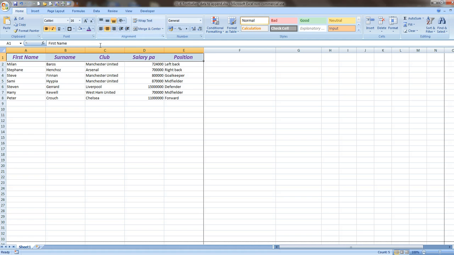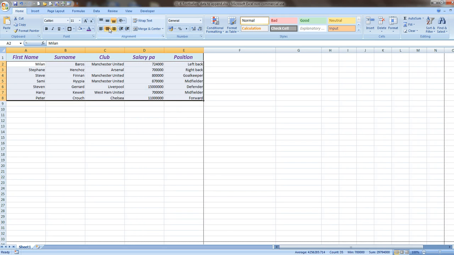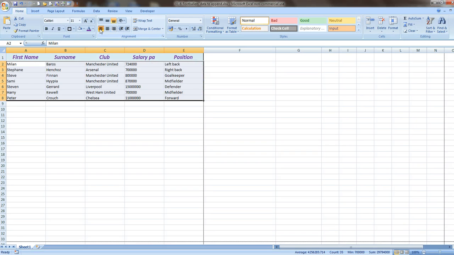Okay, the next one, alignment. If I highlight my data, left, middle, or right align, that just changes the layout of where the information is in the cell. The best way is to always keep it left aligned, just because that's the way we used to read things. But these here, top, middle and bottom align, if you look now and I change it to middle align,